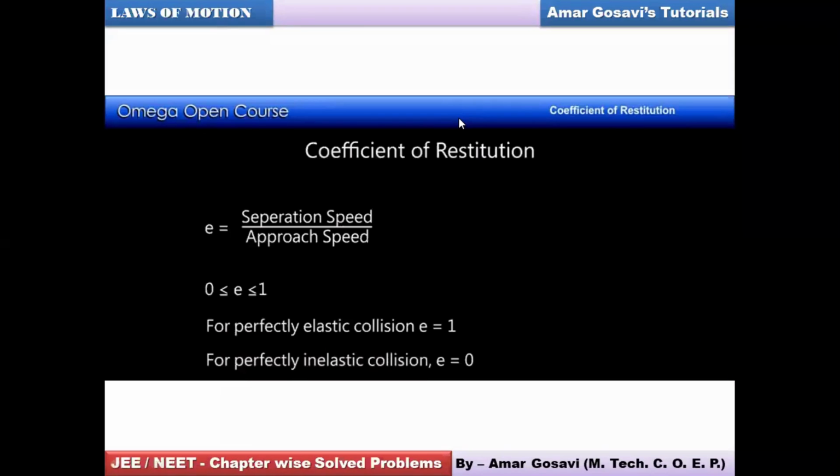Yeah, that's what I said regarding coefficient of restitution. You all remember, recall. So the ratio of separation speed to approach speed is the other way of explaining it. And the value for coefficient of restitution will lie between 0 and 1. For perfectly elastic collision the ratio would be 1, and for perfectly inelastic collision it will be 0. That means for general collisions this value would vary between 0 and 1. Please make a note of this, friends, and once you are done with it, then we proceed further.